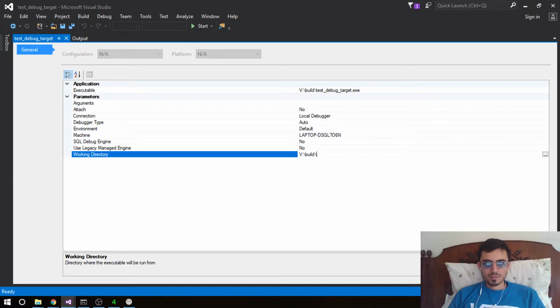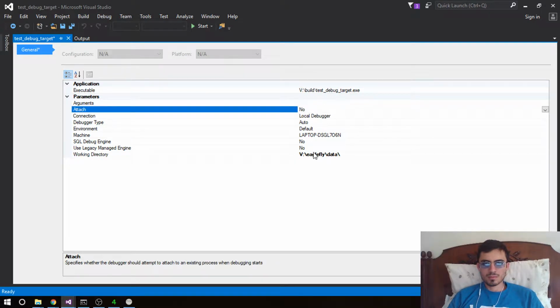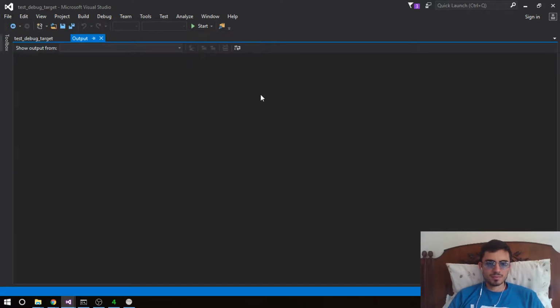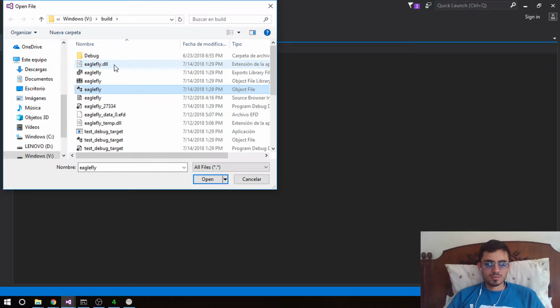Build, and this is going to be, I don't know what exactly, but probably right there. And then we can open the file, and we can